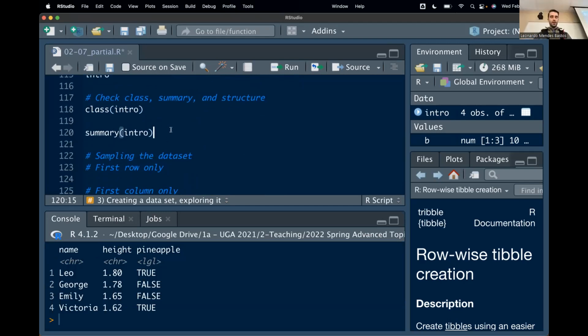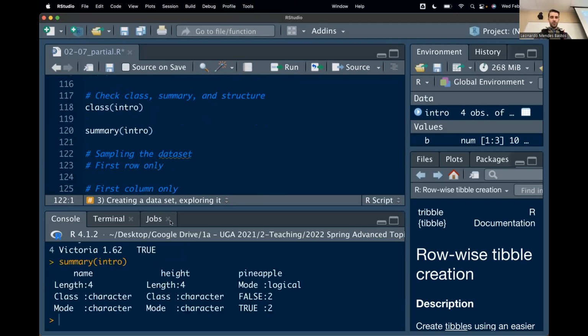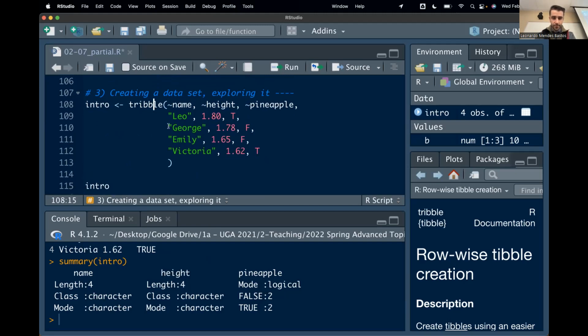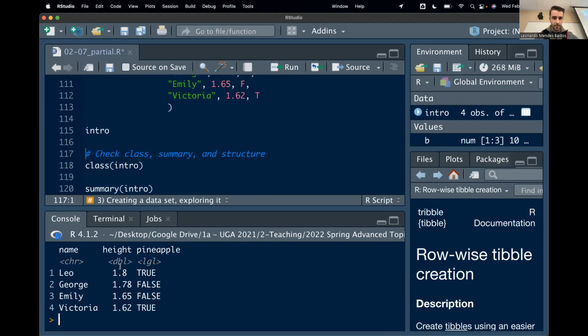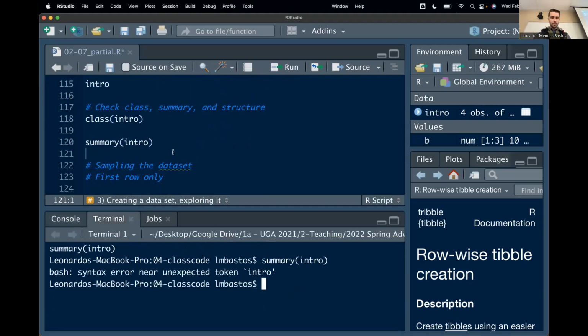If we run this and check the class, it is a data frame. If we run the summary function, what it does is look at each of the columns. Oh, I actually have to rerun my intro after I removed the quotation marks I had added. You don't have to do this. Yeah, there we go, double. So if you run summary on your intro,